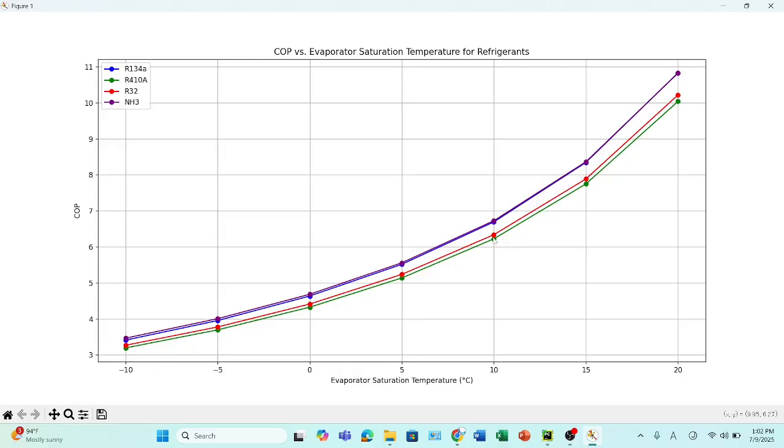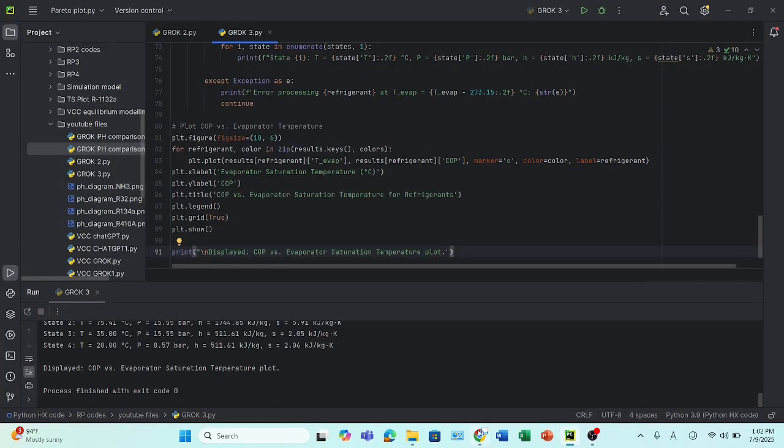So this is the basic point from where you start coding. And so here you can see how these are varying, and these are some interesting results. So from here you can depict that ammonia is similar at 20 degree evaporator temperature to R134A. So next, what we will like, we also want